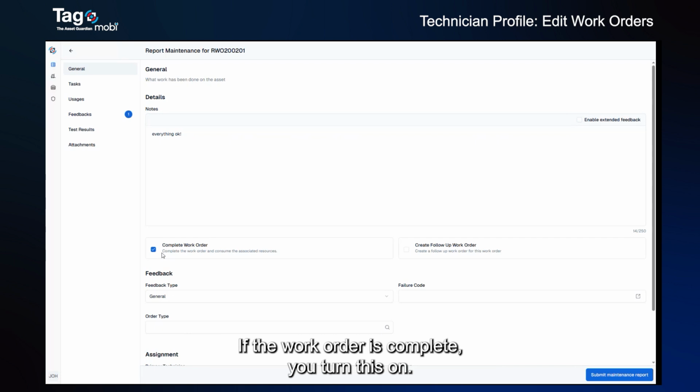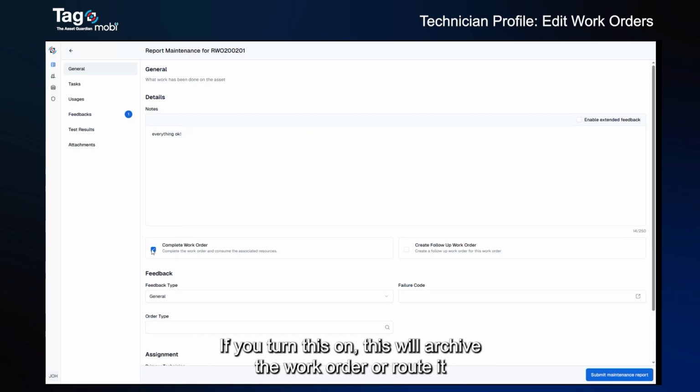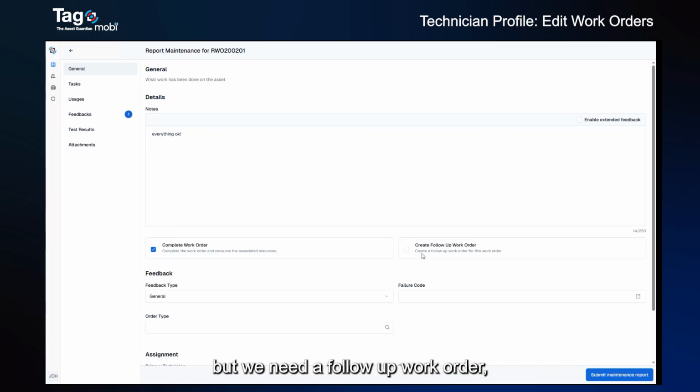Okay, if the work order is complete, you turn this on because it's possible to just edit the work order without completing it. If you turn this on, this will archive the work order or route it to a maintenance manager for approval. If the work order is completed, but we need a follow-up work order, we see this